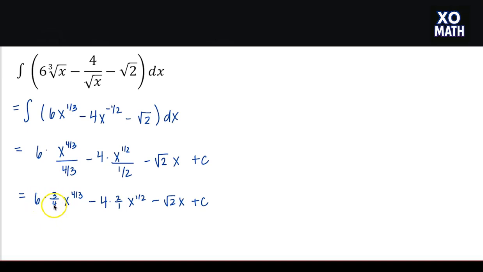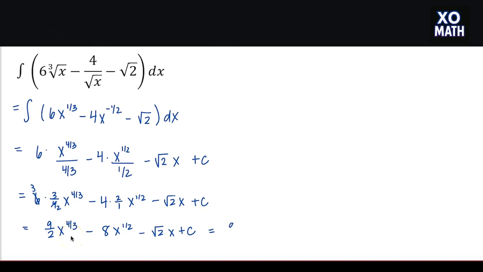So here we can reduce down. The 6 and 4 are both divisible by 2. So I'm going to end up with 9/2x to the 4/3 minus here 4 times 2 is 8, x to the 1/2 minus the square root of 2x plus c. And if we prefer to leave our answers similar to the original notation back into radicals, I